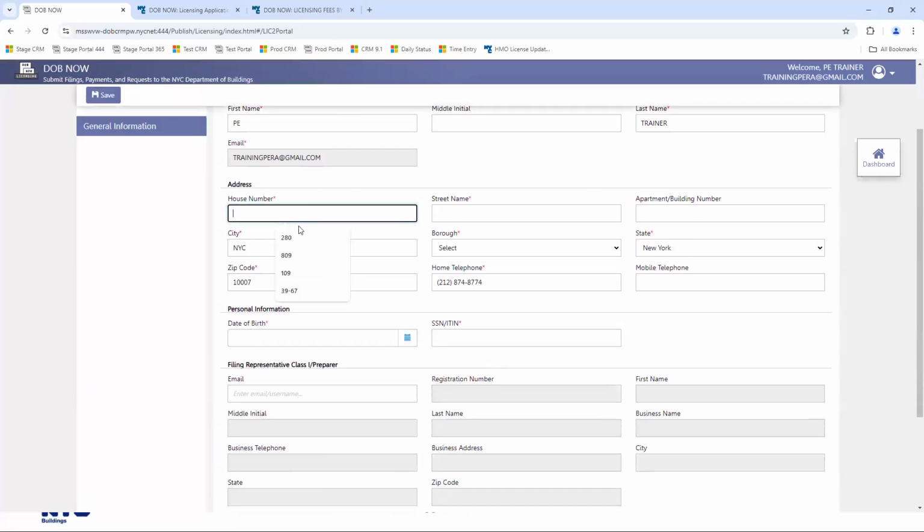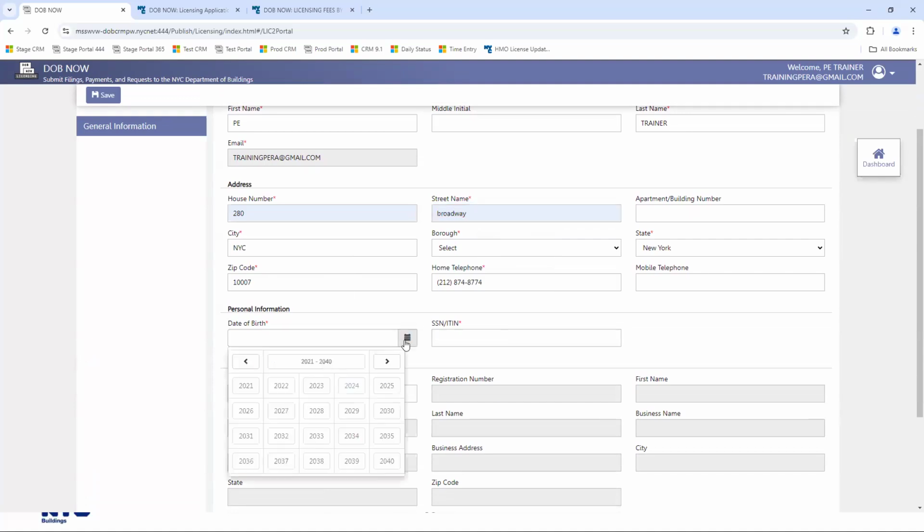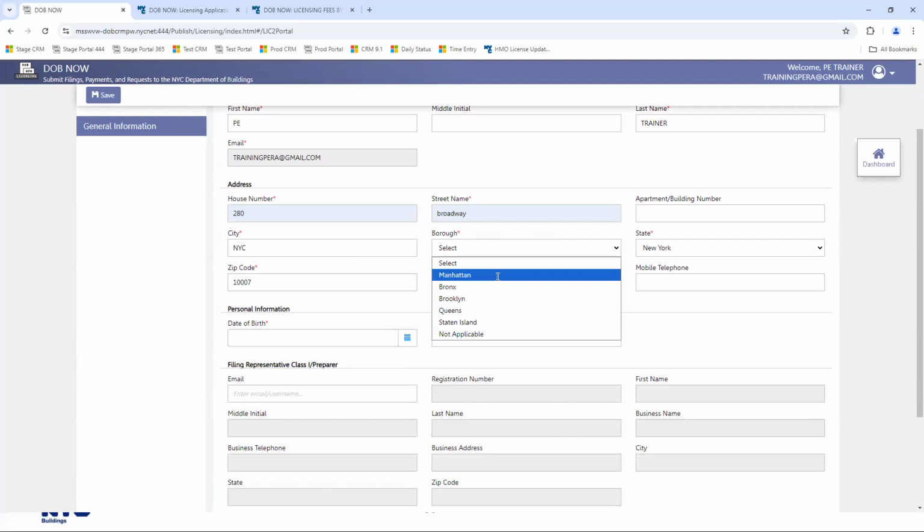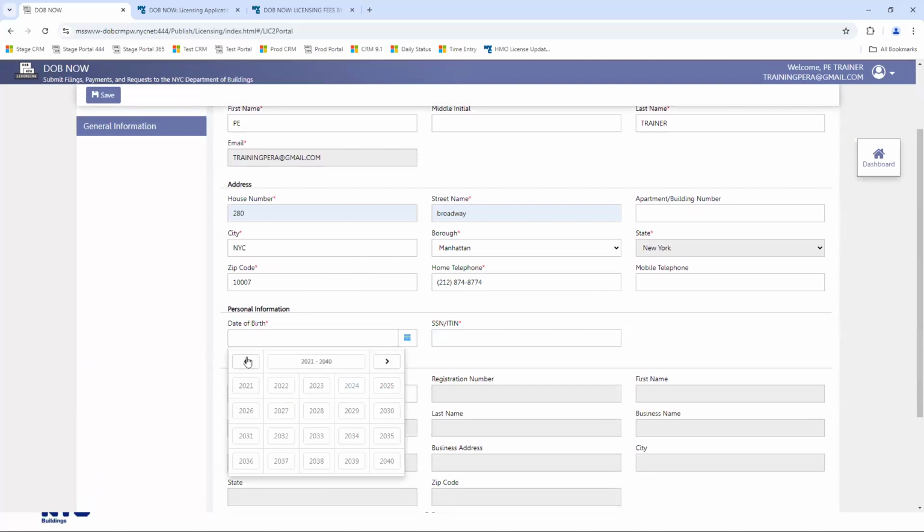I may need to enter other information, like my house number and street name in this particular case. That shouldn't come up, but if it does, I need to enter my borough as well. Note that one of the borough options is not applicable. If you choose not applicable, the state will be editable. I need to enter my date of birth.